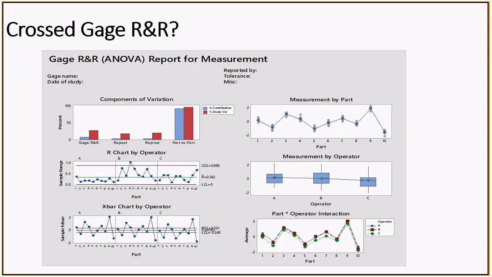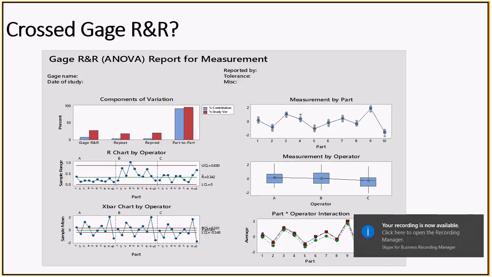So I'm here with the last video on MSA. I hope you like my previous three videos. We started with the accuracy part, then went to the precision, where we talked about attribute gauge R&R. Then in the last video I made for variable gauge R&R, where we covered crossed and nested gauge R&R, right? And today, as I mentioned in my previous video, I'm here with you on the graphs,